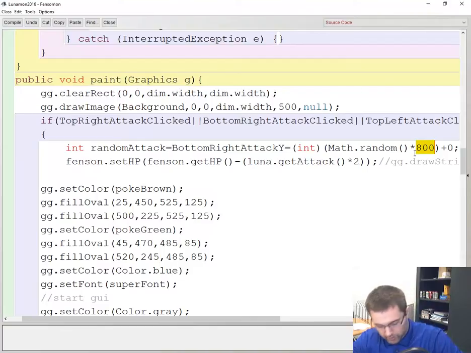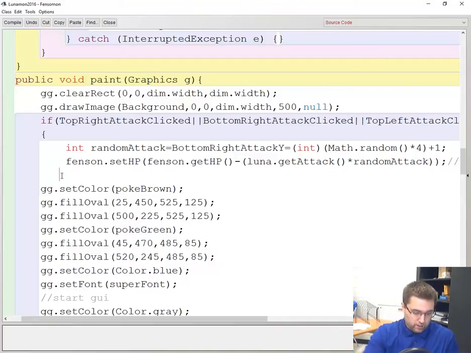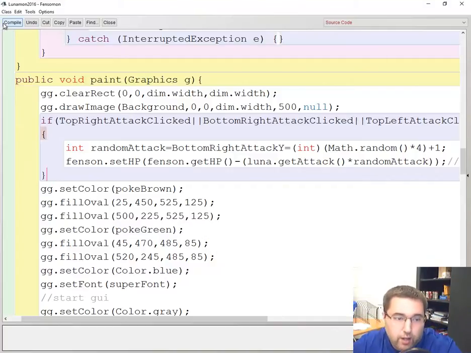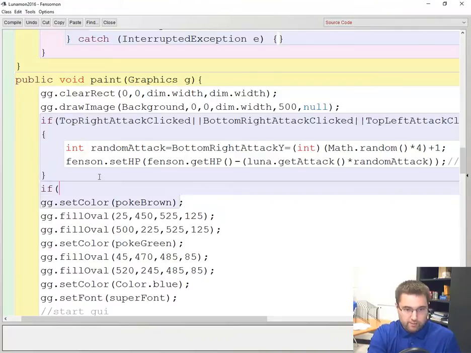And we want the multiplier to be somewhere between 1 and 6, 1 and 5. And then I'm going to multiply this. Instead of multiplying by 2, I set my random attack. And I set this. And now when I compile and run this, I still need an if